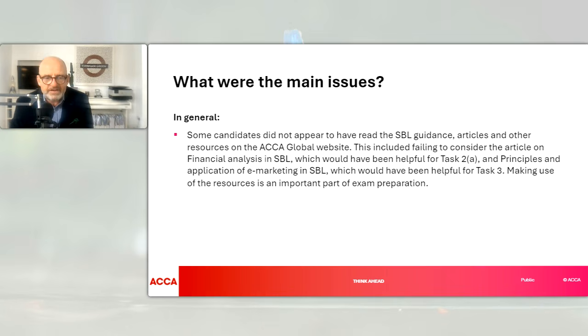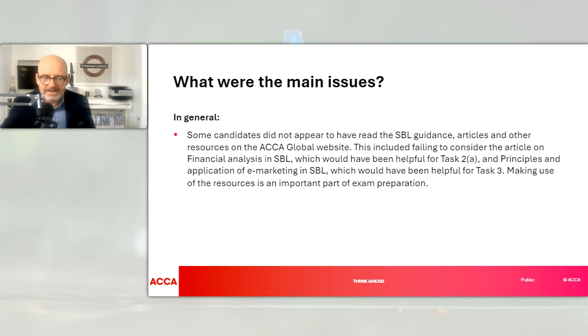Well, it basically says that in the syllabus guidance, it talks about how we should read articles and other resources on the website. Had students done that for this particular exam, they would have been fully familiar with an article on the principles and applications of e-marketing. Task 2A asked that particular question. And it would have also been helpful on task 3, where there was also an article on financial analysis. That would have been on 2A, I beg your pardon. So the point is,